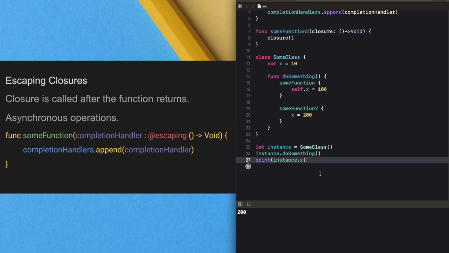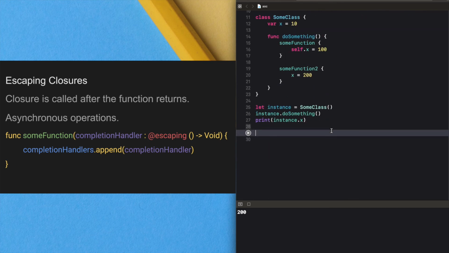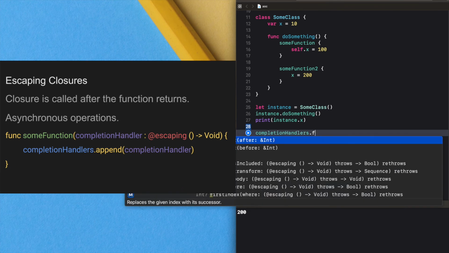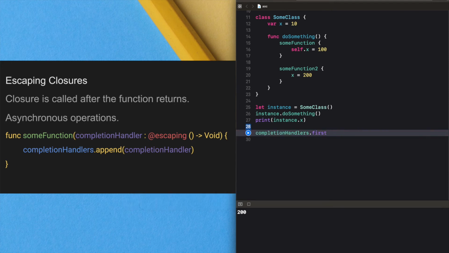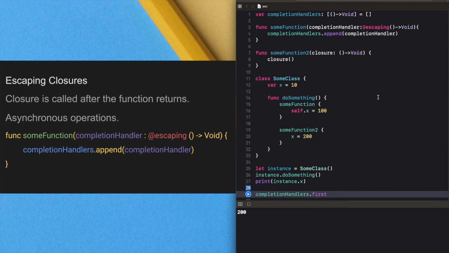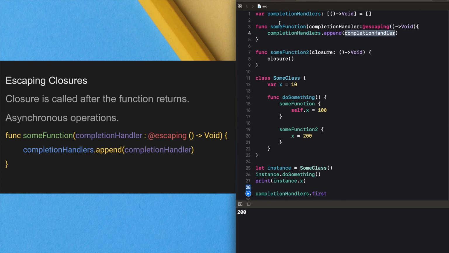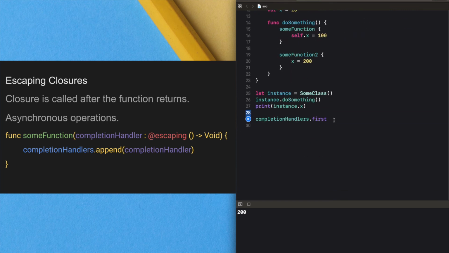We also need to check anything inside the completion handlers. Completion handlers dot first. That will be a closure, right? We are appending the closure inside this array, so we need to call that.